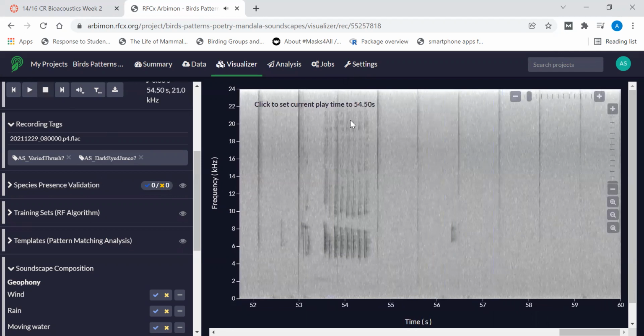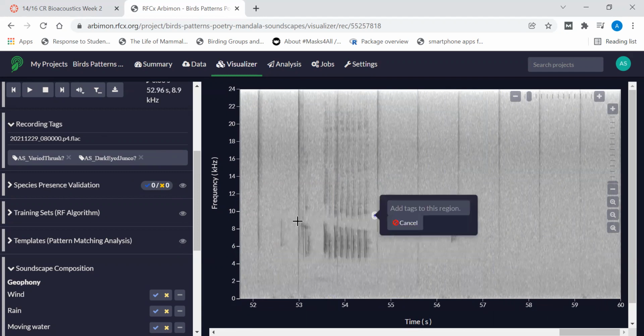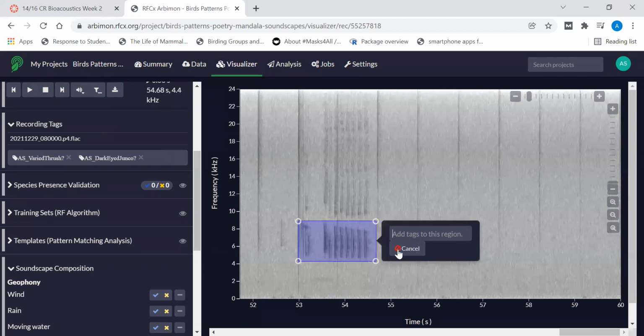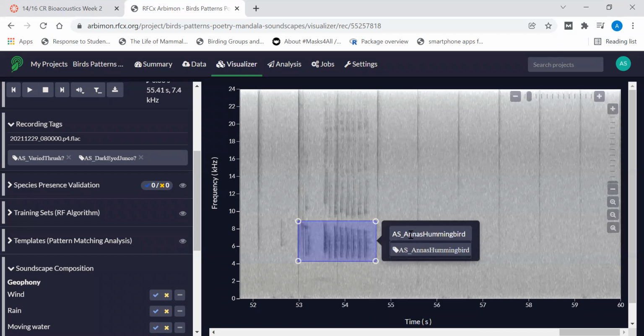This right here is an Anna's hummingbird, and I'm certain about that. And so I'm going to actually span, I think I'm going to select the lower harmonics of this sound for these purposes, but we could expand it later if we need to. Oops, let's start again. And my identifier, and this hummingbird.